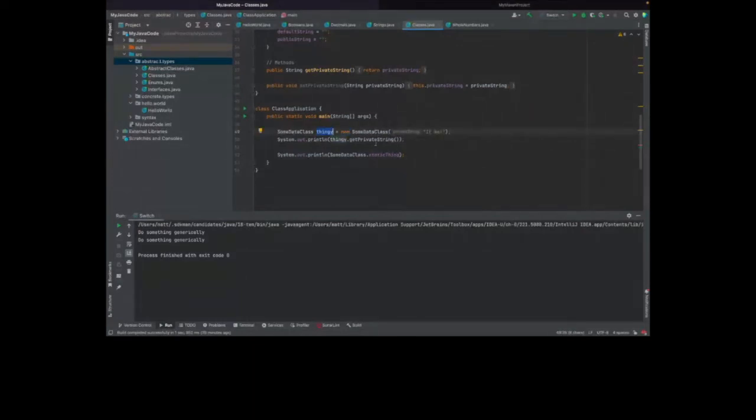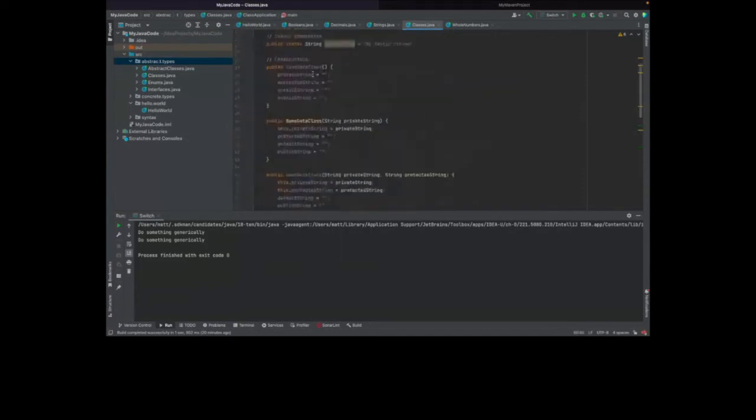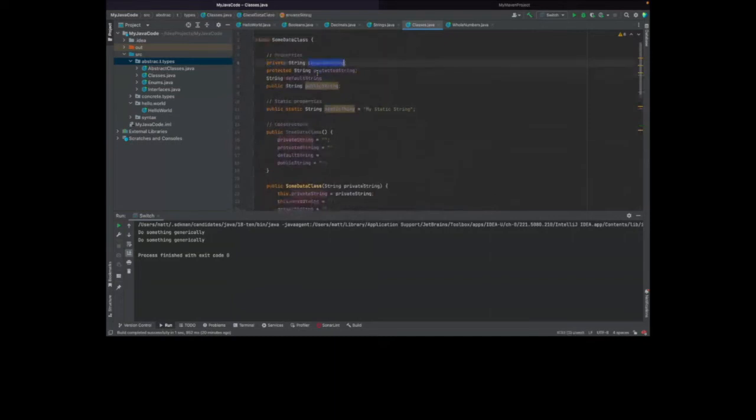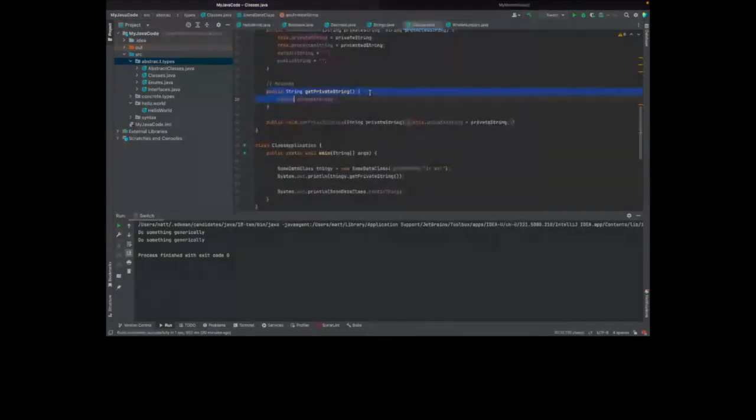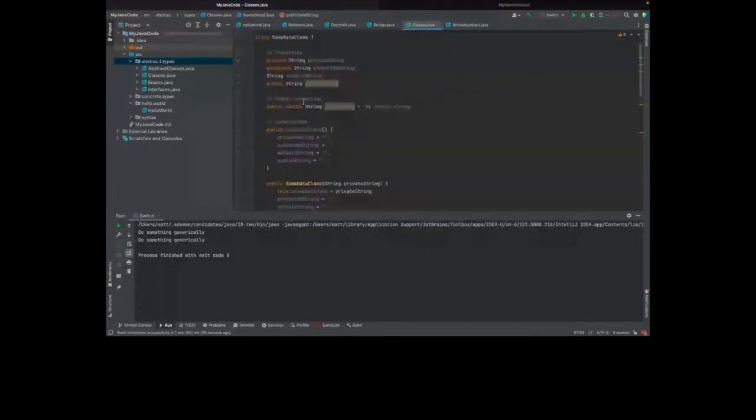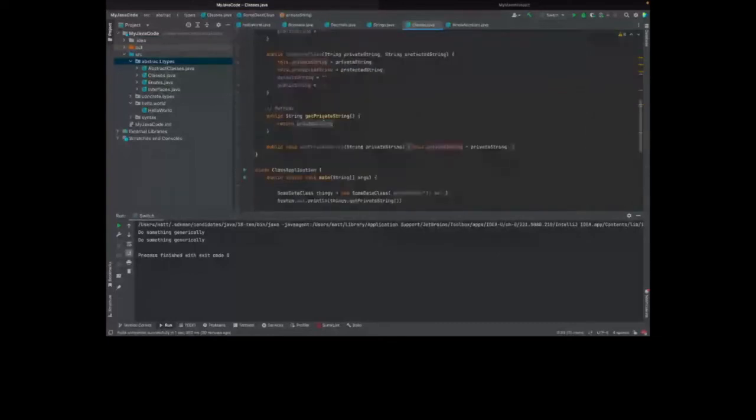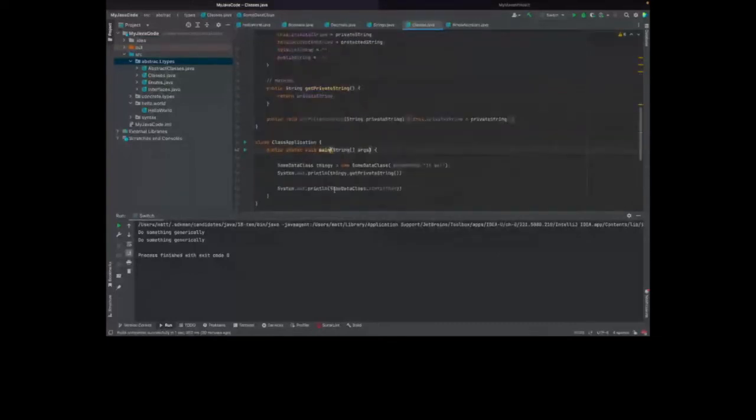And then I'm going to do thingy.getPrivateString to get out the private string and print it out. So even though I have private string as private, I am still able to manipulate it through methods. And that's where a lot of the permission system comes in. You can't directly manipulate private string, but you can manipulate it through methods that are available. So here I'm just pulling it out.